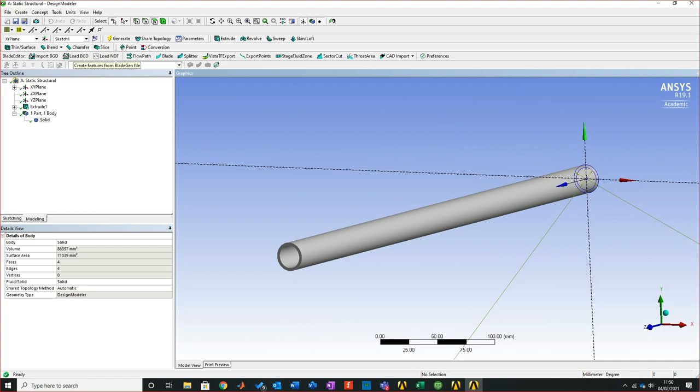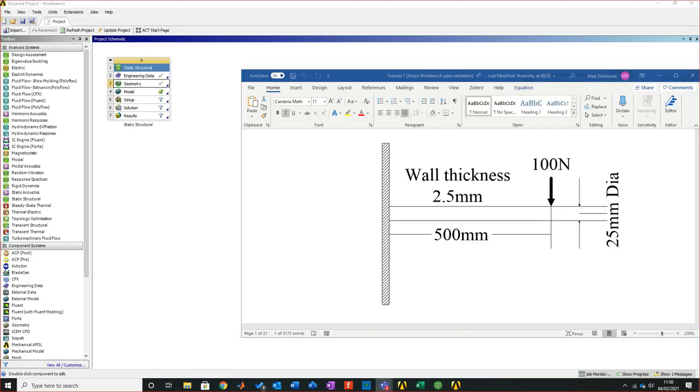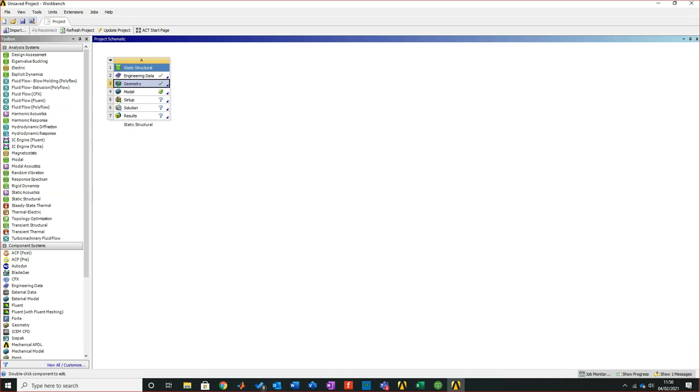So that's the geometry that we need. So I'm going to close that. Feels weird to close it because you kind of think I need to save it. Don't forget, this is my project window. Within my project window,